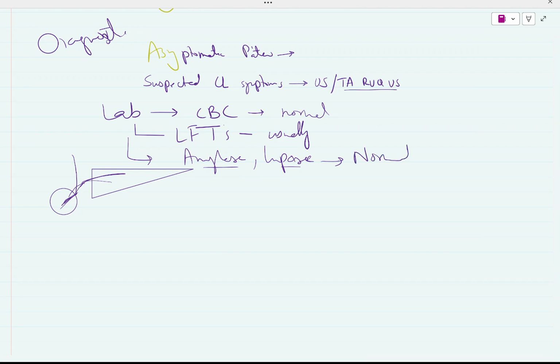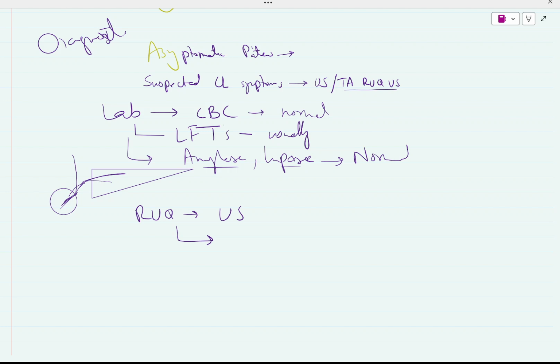I have a bad habit of telling you everything about every investigation. So when you go for right upper quadrant ultrasound, what will you find? So when will you indicate it? A patient comes to you with symptomatic right upper quadrant pain and usually nausea, vomiting, early satiety, and you ask about the history whether it is associated with food intake or not, and the patient tells you that it is associated with taking food, and he tells you that whenever he consumes food, after a few minutes I start developing right upper quadrant pain.